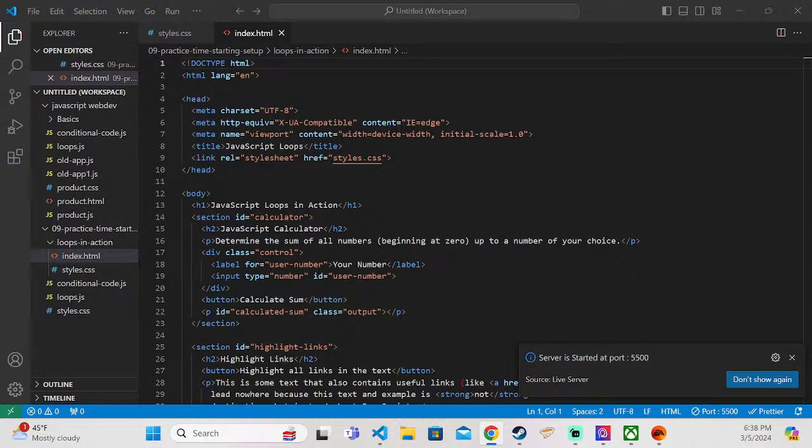And here in this first example, we want to build a simple calculator where we can enter a number here. And when we click that button, we add up all the numbers leading up to this number and output the overall sum here in this box. For this, in this index.html file,